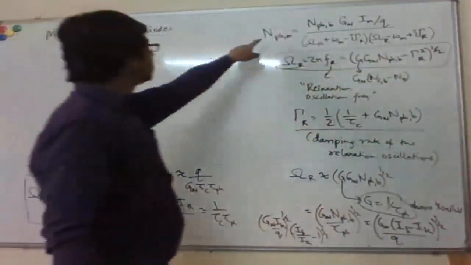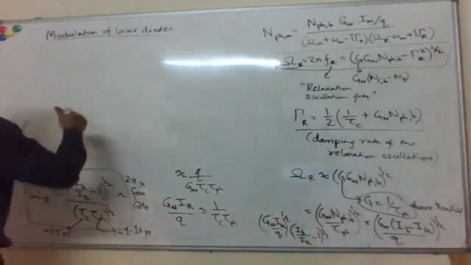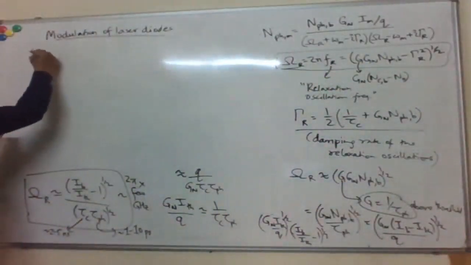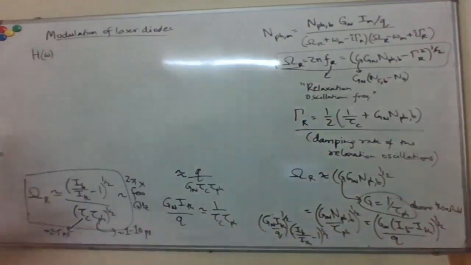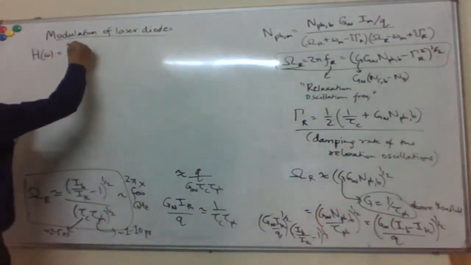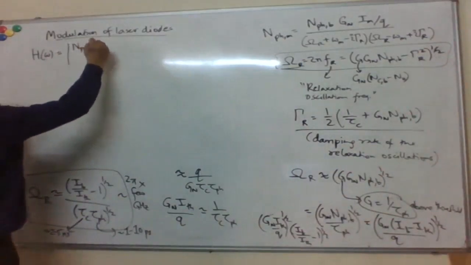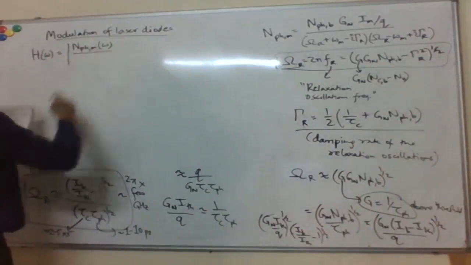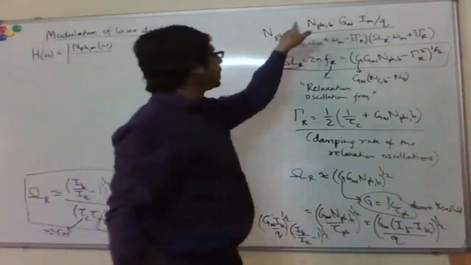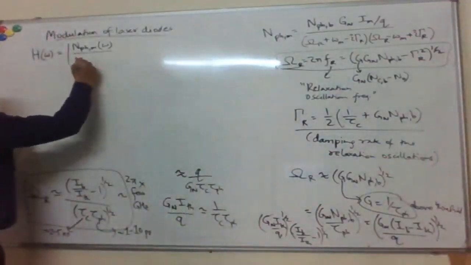But anyway, so it's proportional to this. So I can define a transfer function, right? Just like we did for the LED case, where I calculate the magnitude of this at some frequency omega divided by the DC